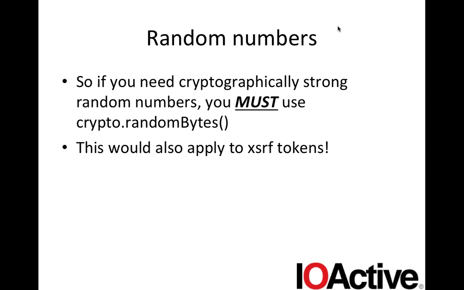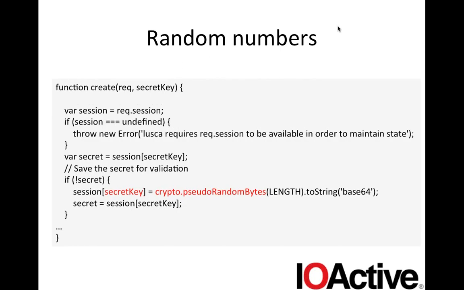And node.js has a specific API for this. They have crypto.randomBytes, and if you look at the documentation, it says this generates cryptographically strong pseudo-random data. It also has a similar and related API called crypto.pseudoRandomBytes, and the documentation says it generates non-cryptographically strong pseudo-random data. The data returned will be unique if it is sufficiently long, but is not necessarily unpredictable. For this reason, the output of this function should never be used when unpredictability is important, such as generation of encryption keys, which is exactly the kind of token that you want